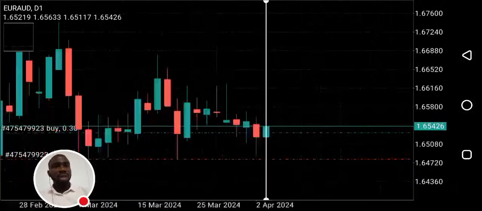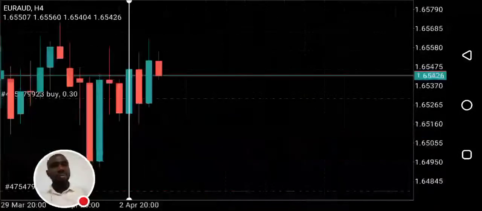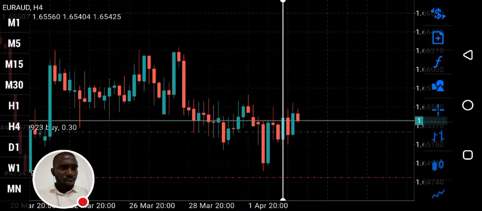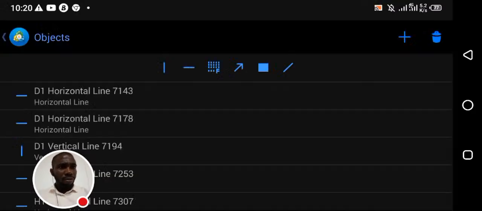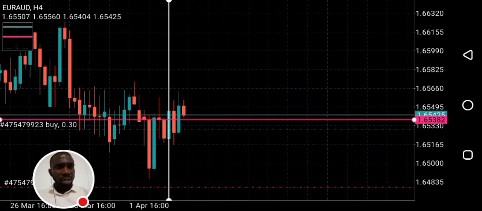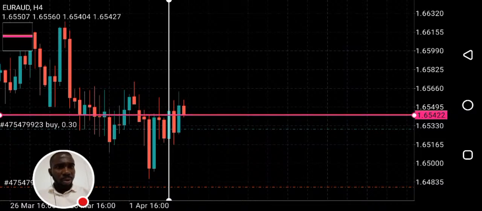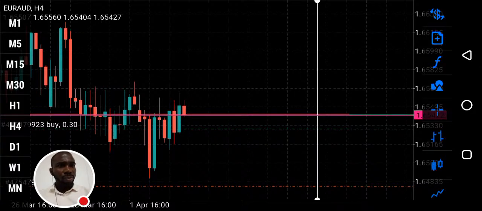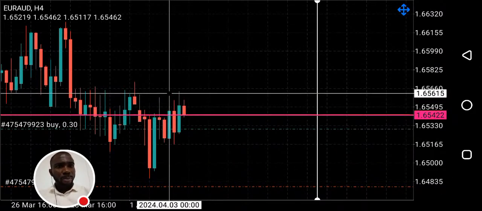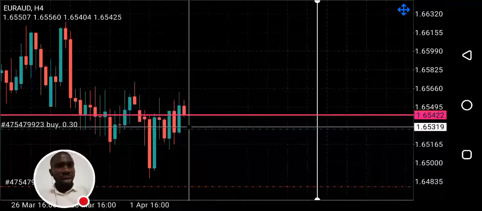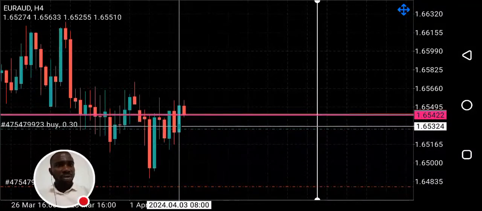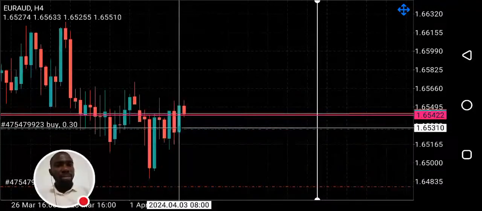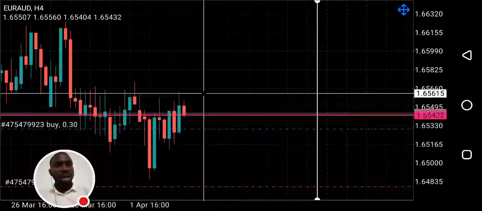After the close of yesterday's candle, what pattern do we have on the 4 hour? This is a bullish pattern, but it wasn't confirmed because at the close of yesterday's market we had a resistance here. But this morning, this 4 hour candle closed above this resistance. This is what confirmed that we have more bulls than bears, more demand than supply. That is why I bought